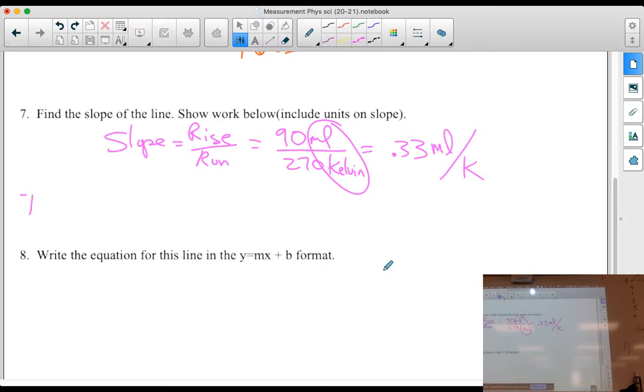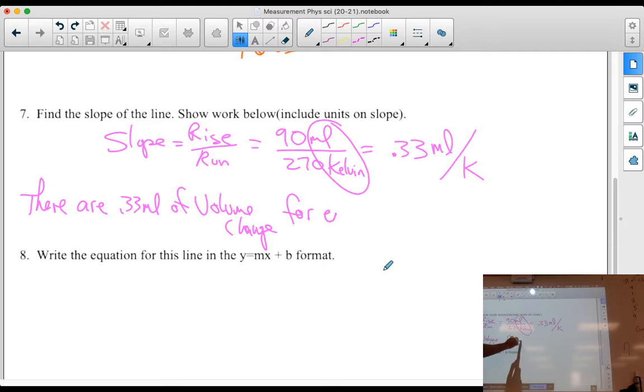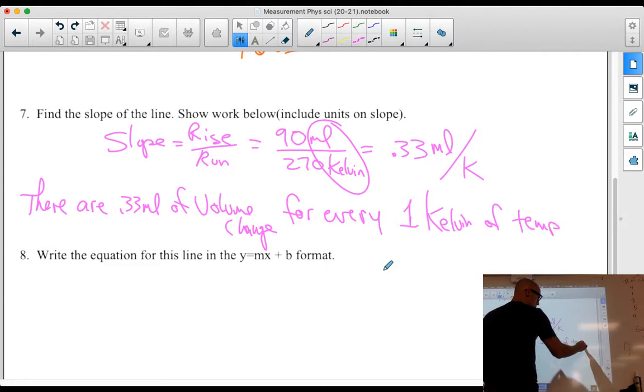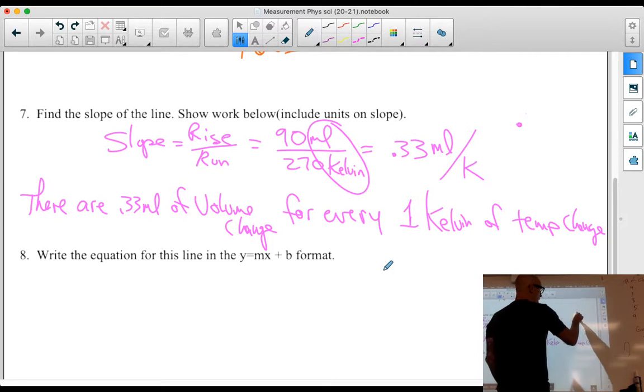So there are 0.33 milliliters of volume change for every 1 Kelvin of temp change. Now you could also write 0.33 mLs to 1